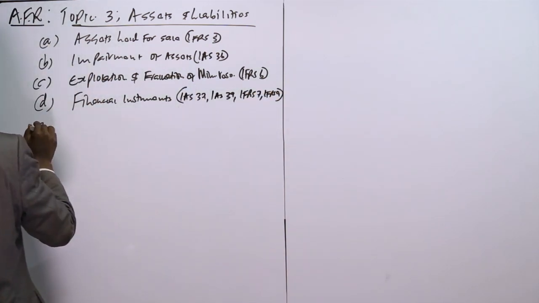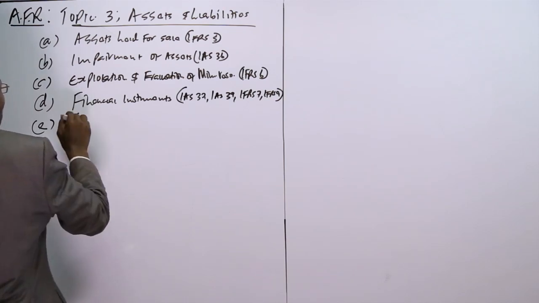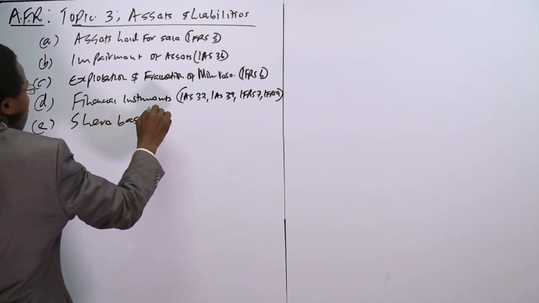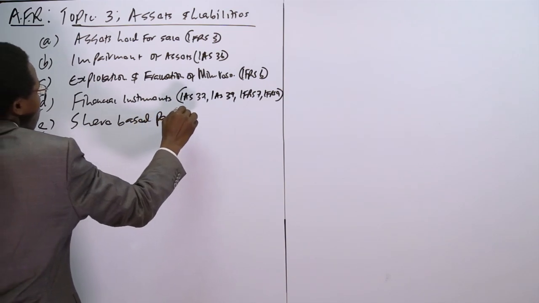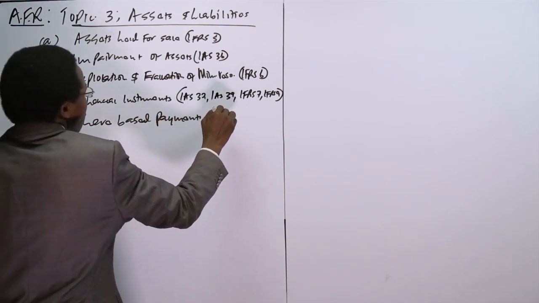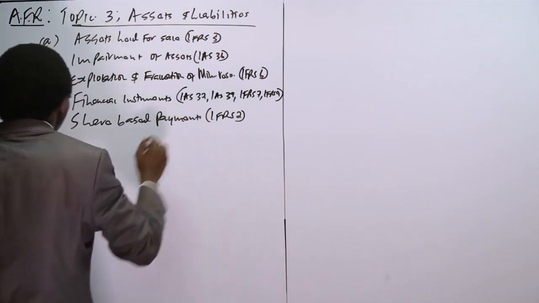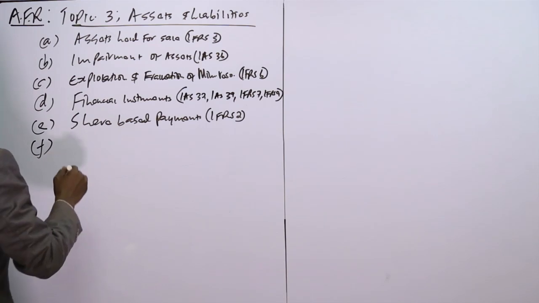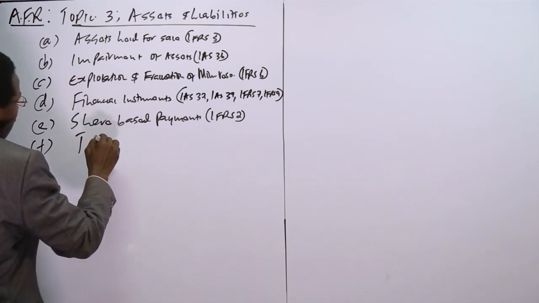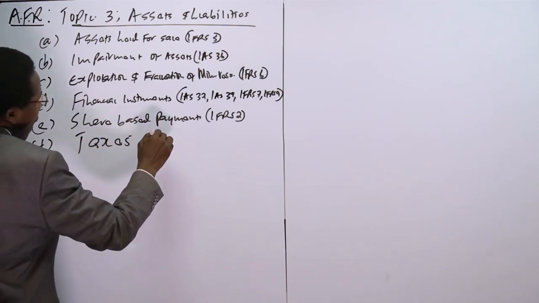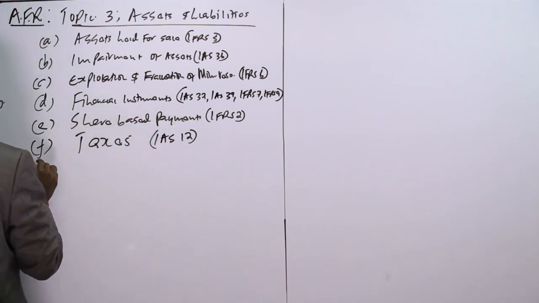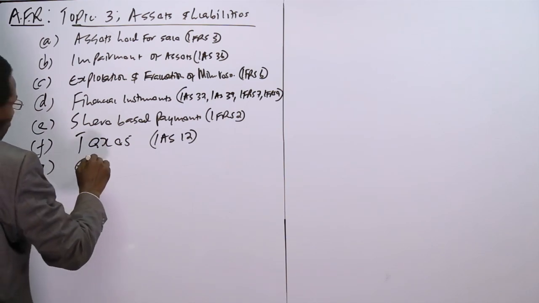Then we have share-based payments, IFRS 2. We have taxes, IAS 12. We have employment benefits,